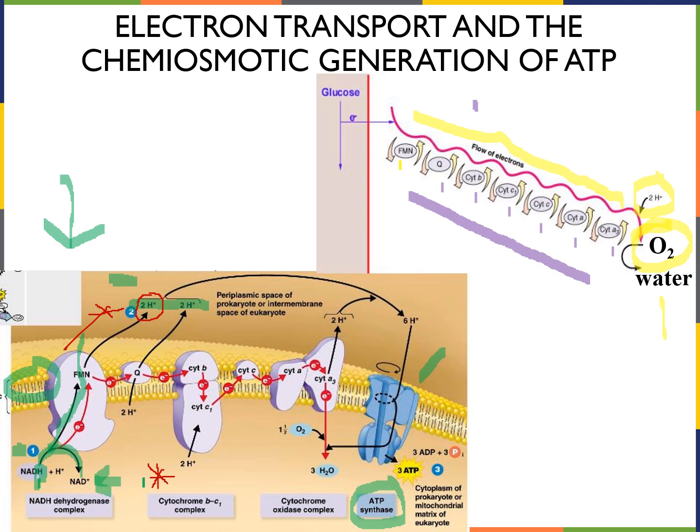The next thing you have to ask yourself, well, those hydrogens, they carry a positive charge. That means it lost its electron. If it lost its electron, you have to ask yourself, where did the electron go? Now follow the red line. So if I turn on my highlighter and I follow the red line,